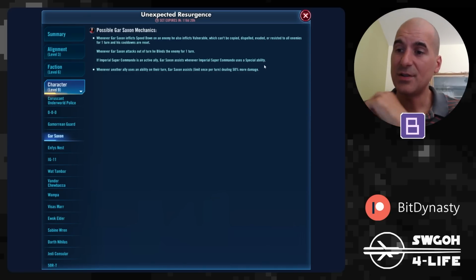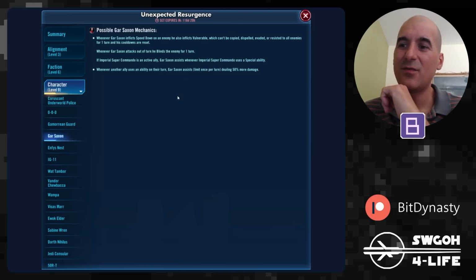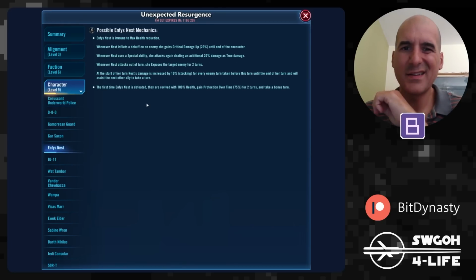Now Gar Saxon actually could be nice, maybe this second one. Whenever another ally uses an ability, Gar Saxon assists. And remember, if you're using Imperial Super Commando, he will assist whenever a guard would attack out of turn. So some extra assists, attacks out of turn and things like that, if you're using them under Maul, could be nice. Nest actually has quite a decent boost, so maybe, I don't know, she'll be able to solo something again